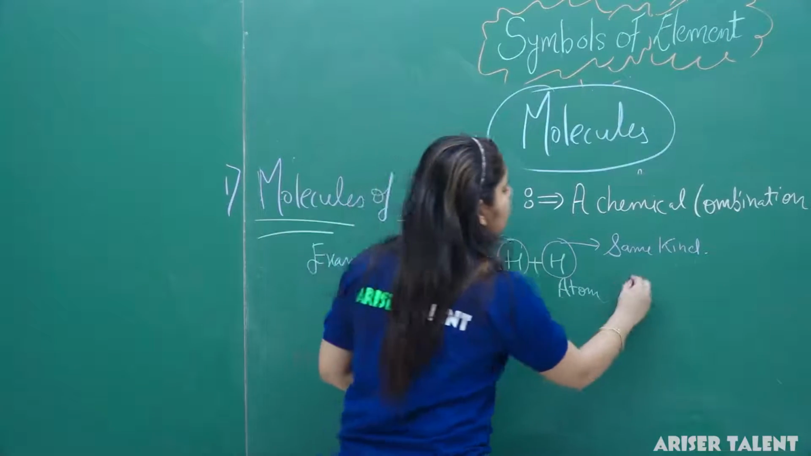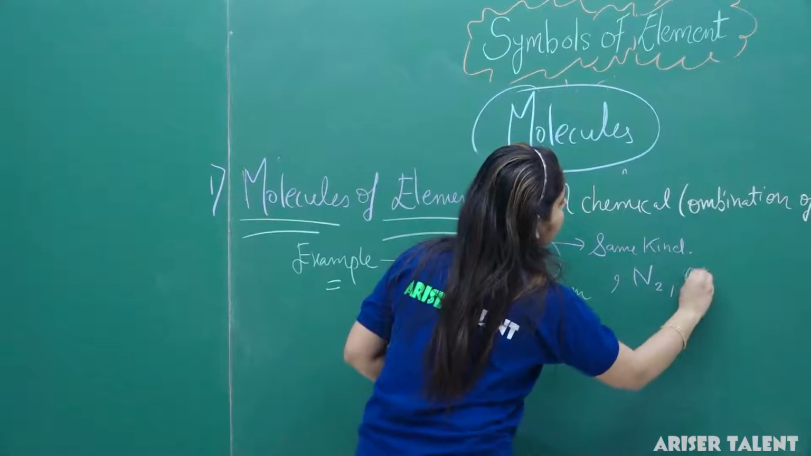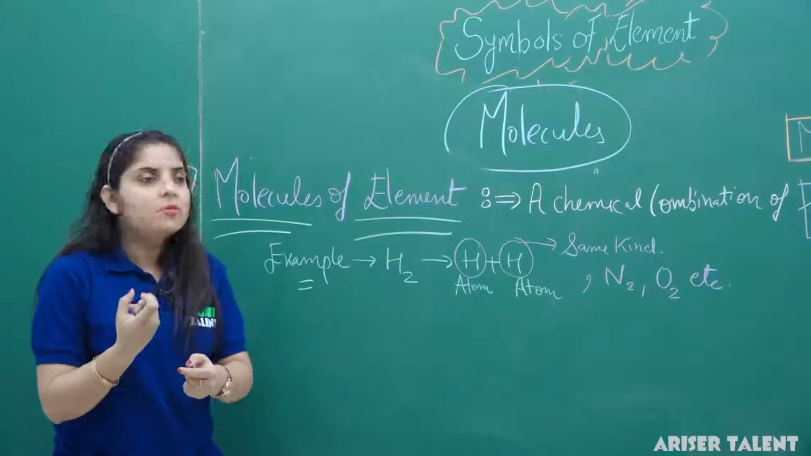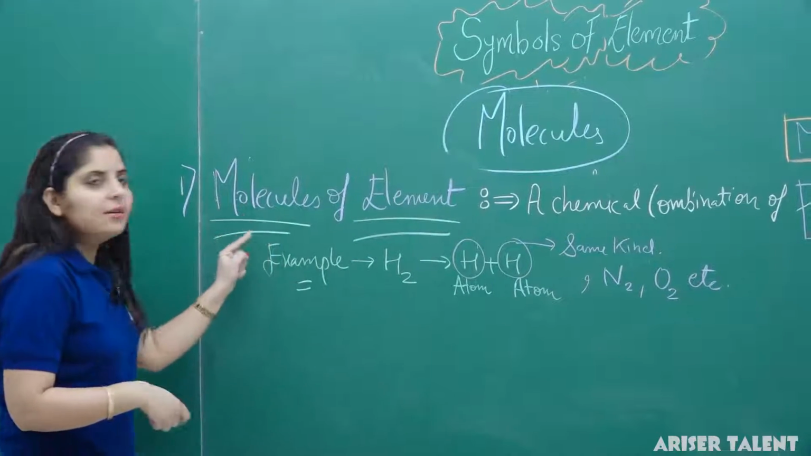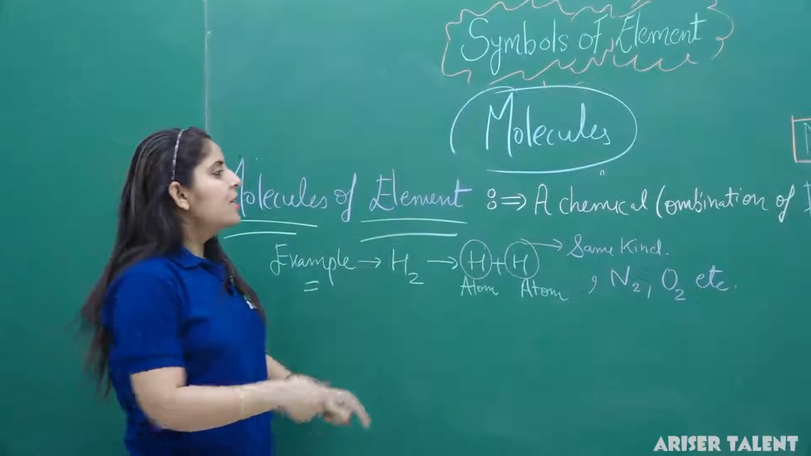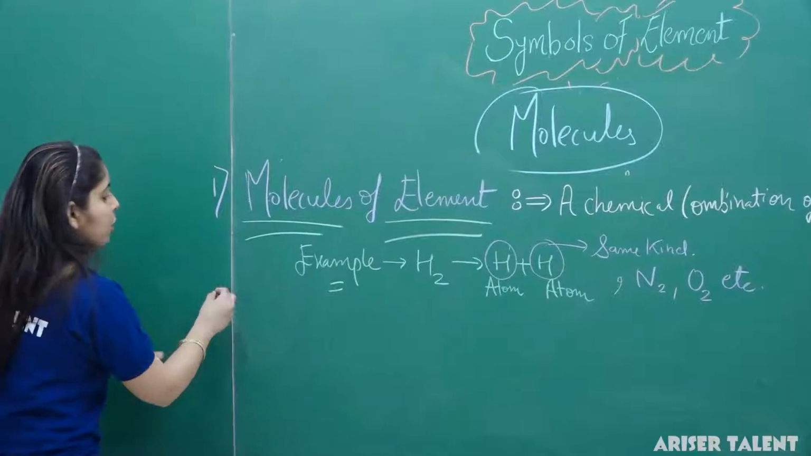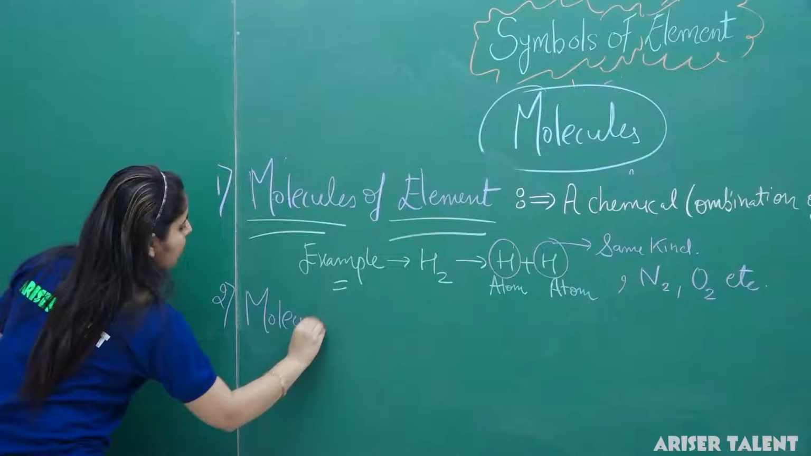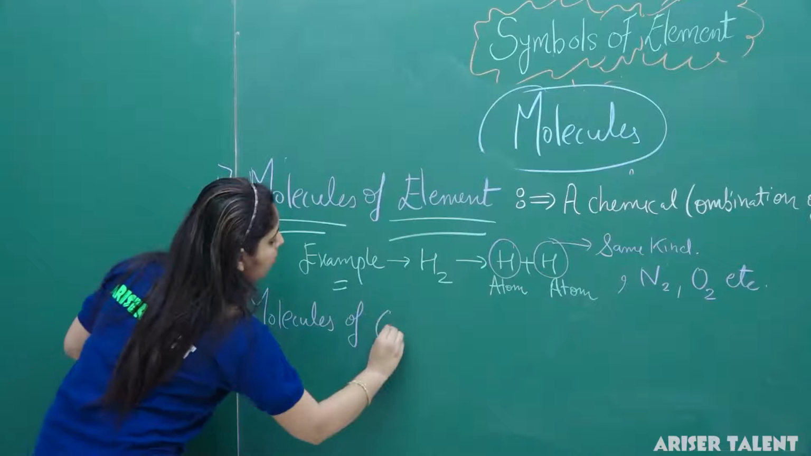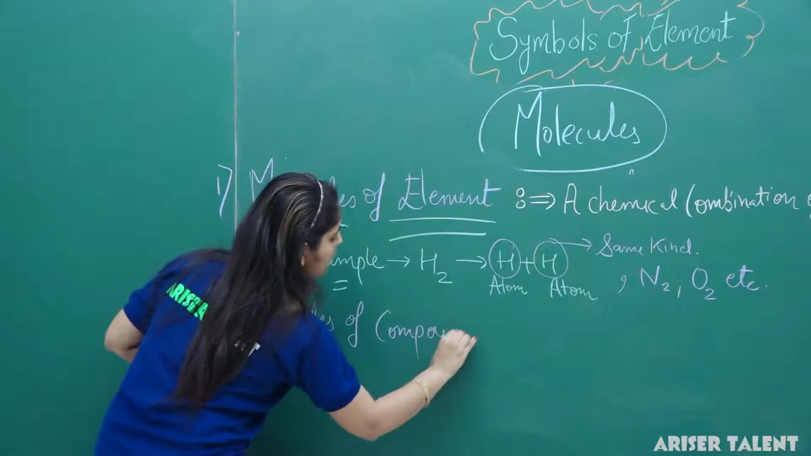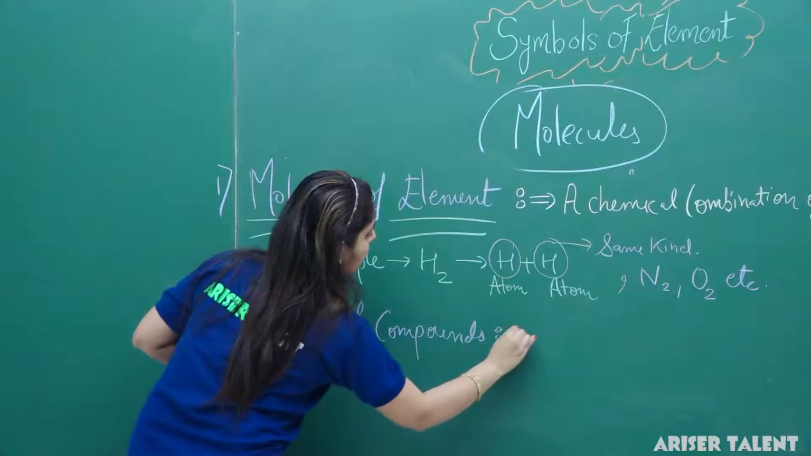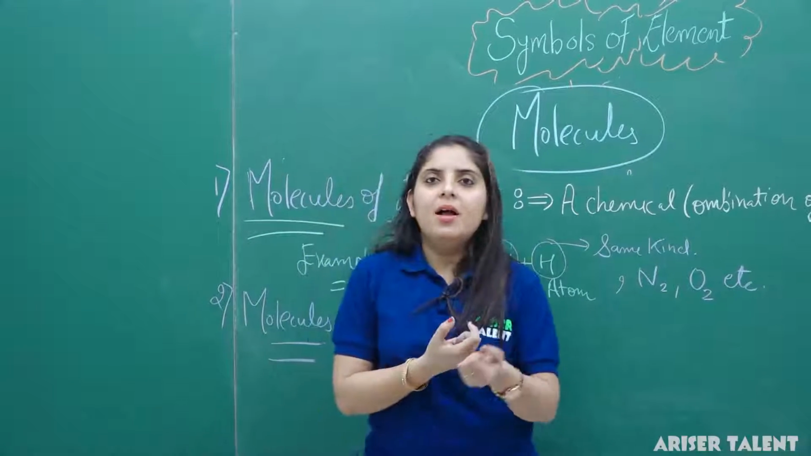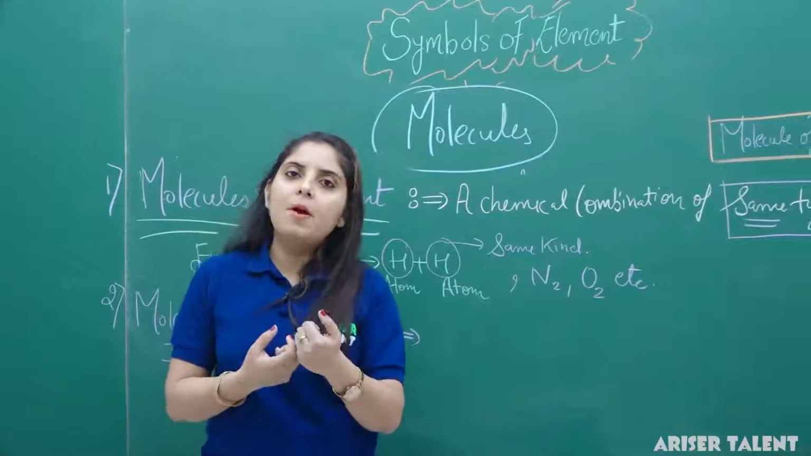We have different types of elements over here like N2, O2, etc. It means they have atoms of the same type. So it is considered in the category of molecules of elements. Now we have our second category, that is molecules of compounds. So molecules of elements are the same type of atoms, and the molecules of a compound will be the